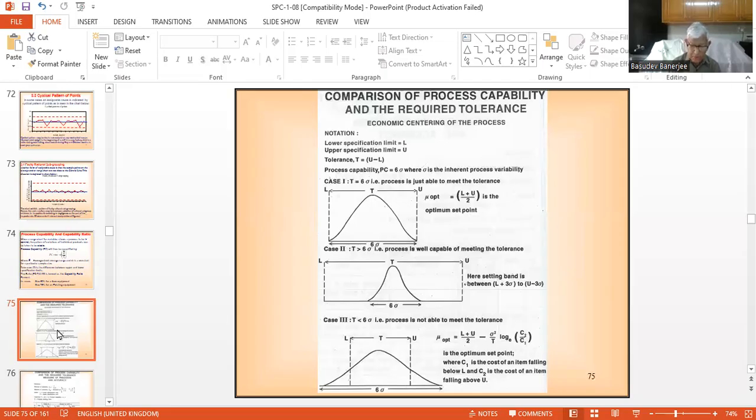Whereas in India, we have most of the machines where the process is not able to meet the tolerance. So that is picture number 3, when tolerance is much lower than the